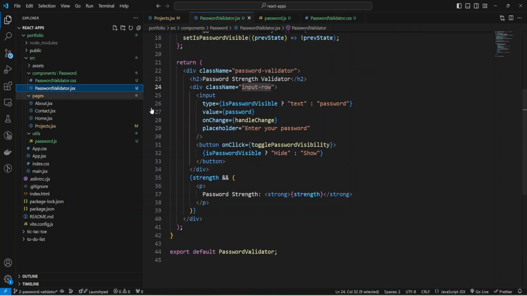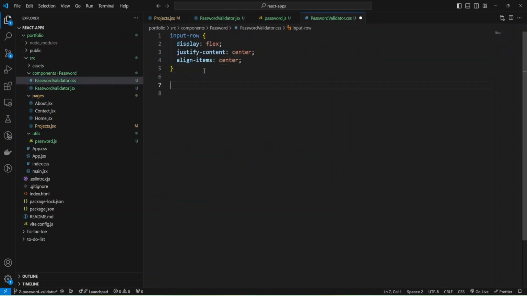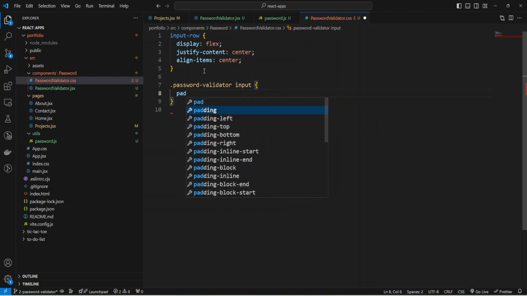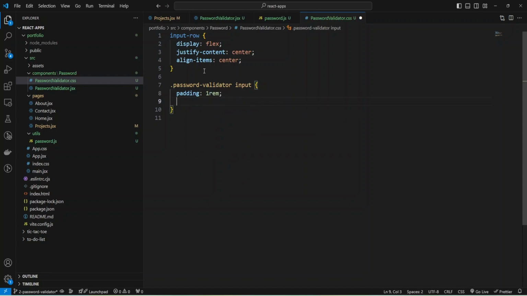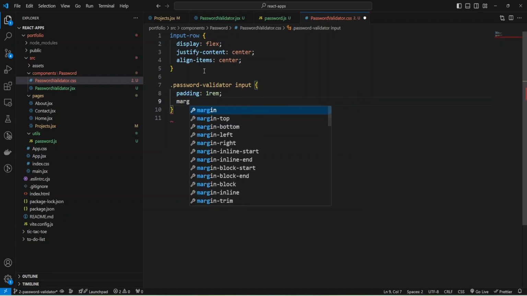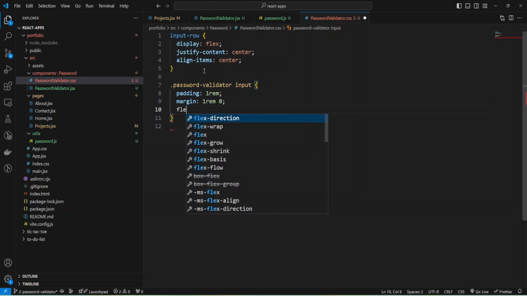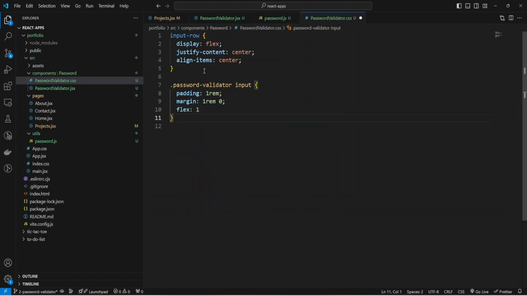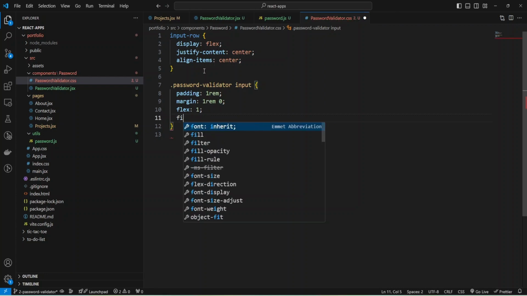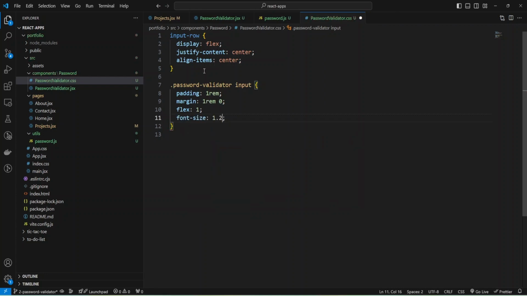Okay, and now I'm going to use my class name password validator to provide styles for it's a class to provide styles to input, and input will have padding 1 rem for all sides, margin 1 rem for top bottom, and 0 for left right, and make it flex 1 to take all available space, and button will take its own space, and increase font size to 1.rem.